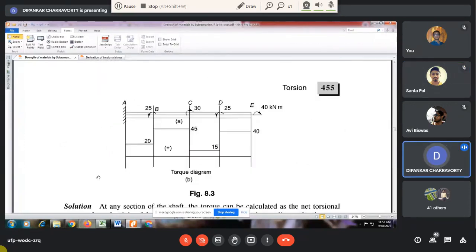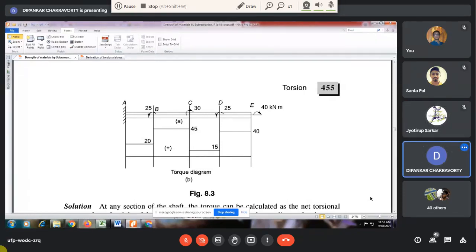Now, this is an example where you want to draw a torsion moment diagram, like a bending moment diagram or a shear force diagram. These notations, as I told, I really do not agree with. The clockwise torsion that they have shown at E should basically be denoted by a double arrow acting towards the left. Are you convinced? If at E a clockwise torsion acts, then if you denote it vectorially, it will be acting towards the left. Please tell me if you are convinced or not. Yes, sir. Thank you very much.